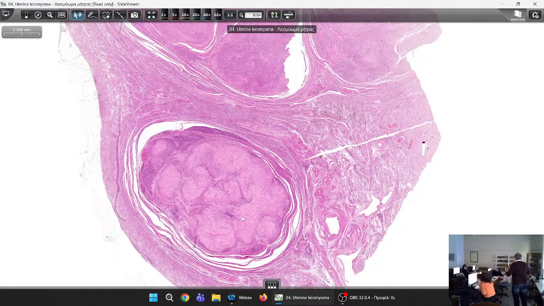Or if they become big enough, they can cause bleeding because they will press the endometrium, the mucosa, and it will fall, it will break. So this will be consistent either of menorrhagia, that means increased blood in the menstrual cycle,